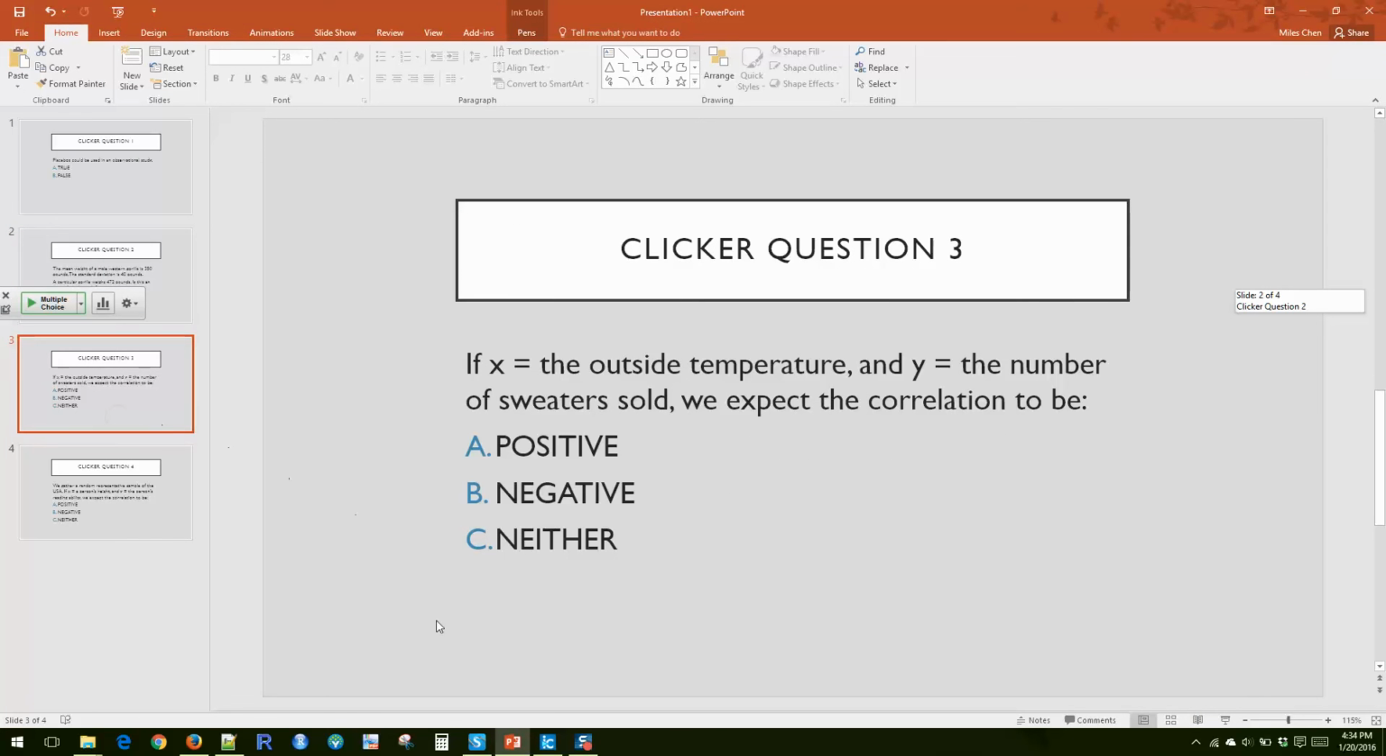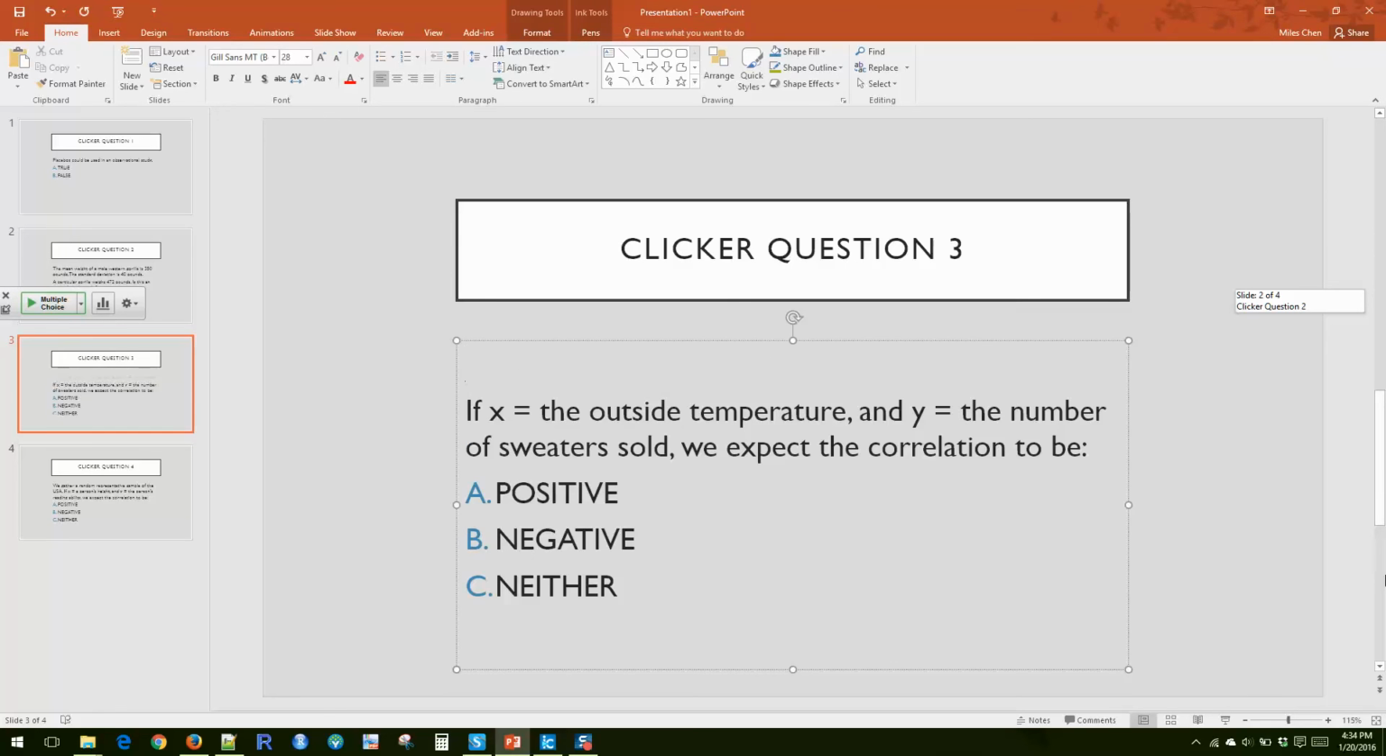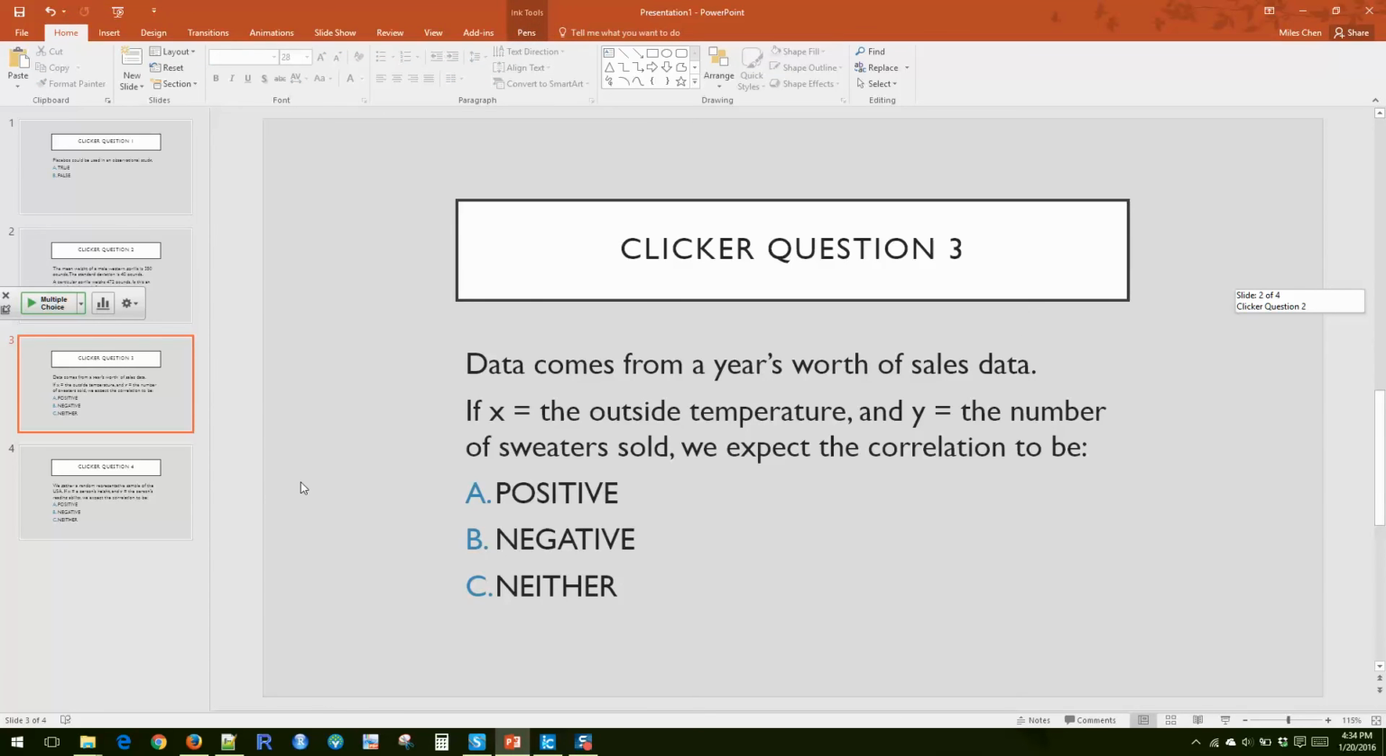All right, so here we go. We're going to look at data that comes from a year's worth of sales data. X is the outside temperature, and Y will be the number of sweaters sold. We would expect the correlation, looking at each day,